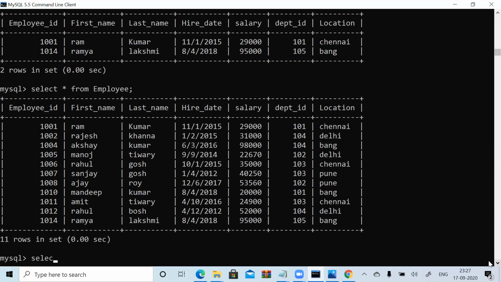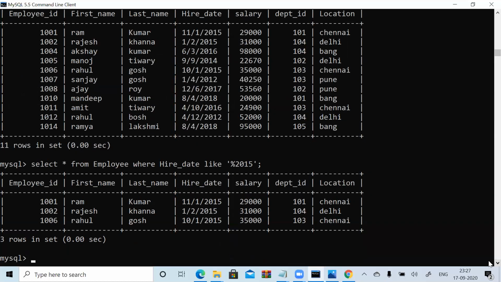What I will do is select star from employee where hire date like. It should end with 2015, right? It should end with 2015. So do check it. See, now I'm printing.